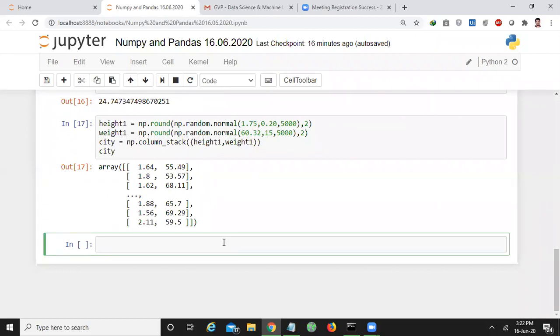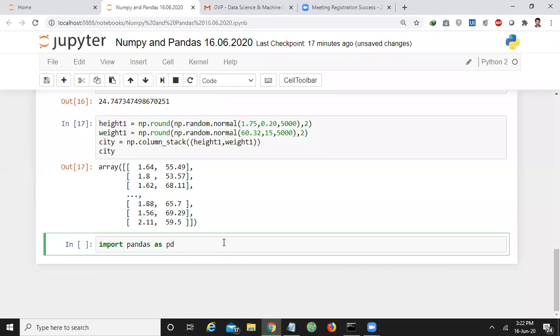Okay. Now let us go to pandas. What do you mean by pandas actually? Pandas is generally used to perform some data operations. For example, if you want to work on some data set, or study some data set, you know what a data set is?